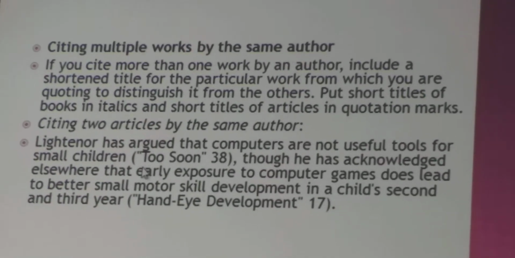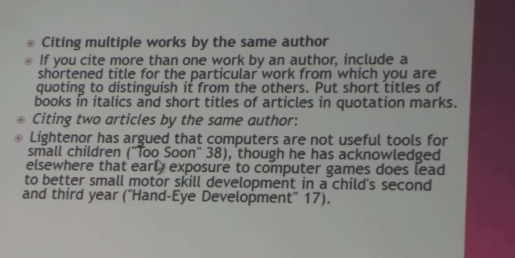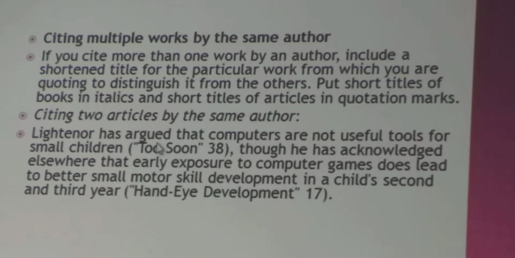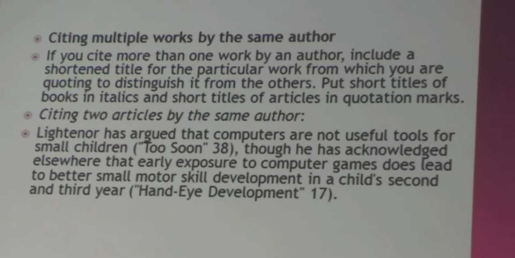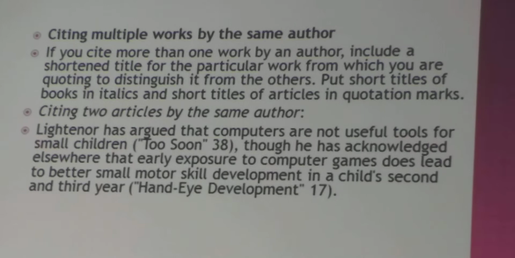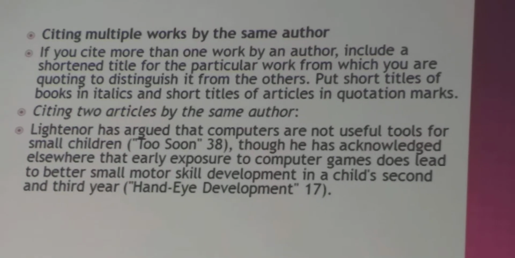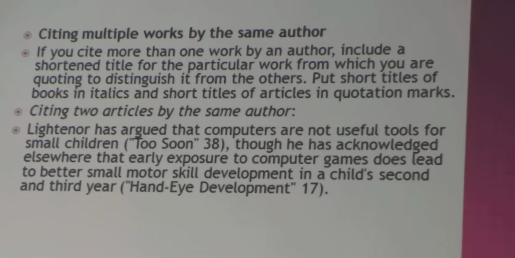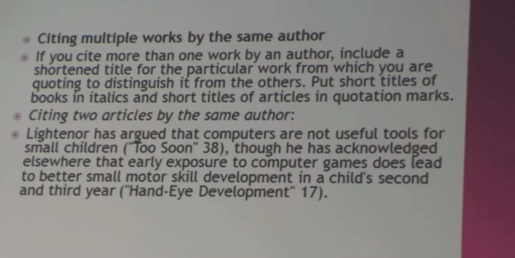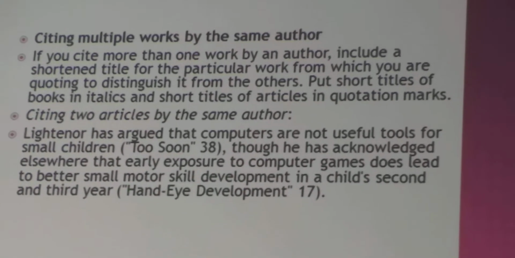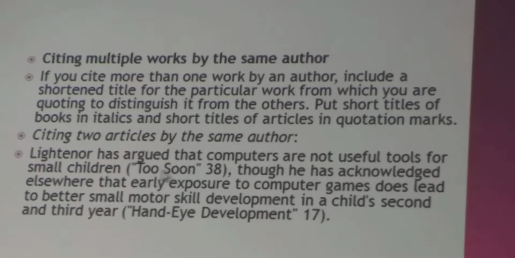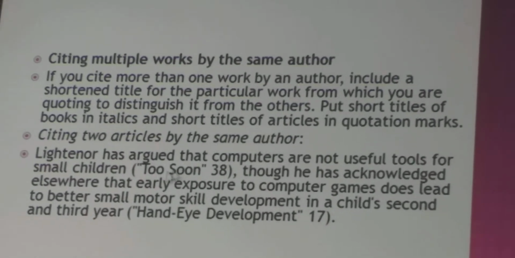But in MLA, in APA, it is not. You should, of course, here the date of publication makes a difference. If the date of publication is different, it means that, for example, I took from his article of 1990, then I took from his article of 1999. So here it is apparent to me that these details are taken from 1990 and these details are taken from 1999. But in MLA, I can't distinguish because I haven't a date of publication. So I am obliged to add what? To add the first words from the title of each work.